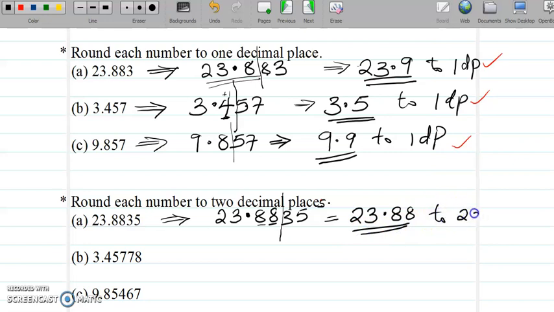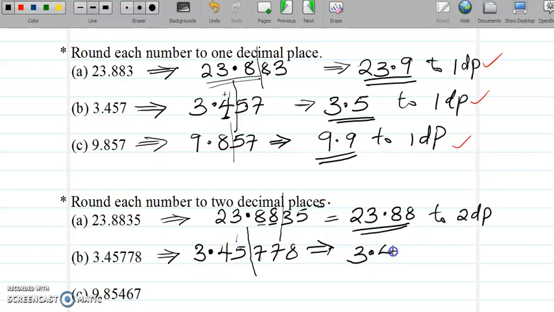to 2 decimal places. Now let's look at this also. 3.45778 to 2 decimal place. After a decimal point, I count immediately after the decimal point. I'm counting. We have 1, 2. I'm ending it here. See, the number that is after that ended it is up to 5. Since it's up to 5 or greater than 5, I will add 1 here. See that? I'm rounding up. So 45 plus 1 is 46. So this will now be 3.46